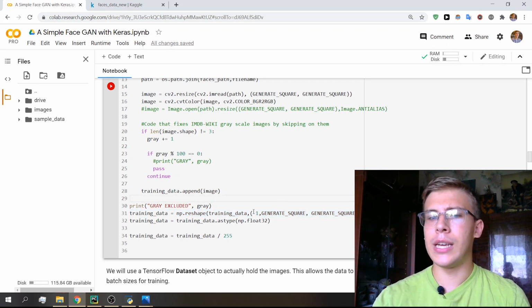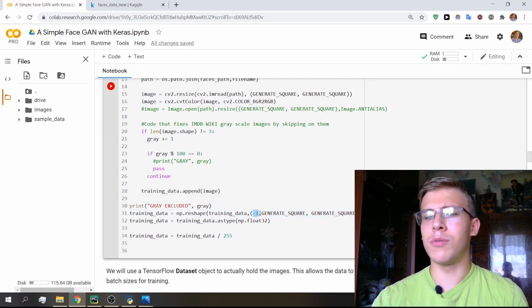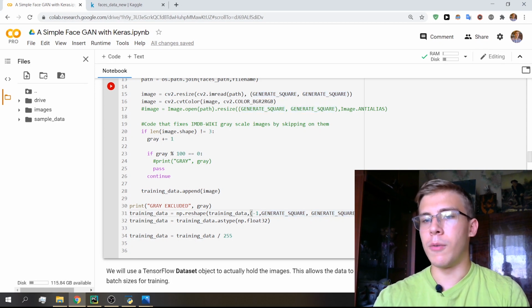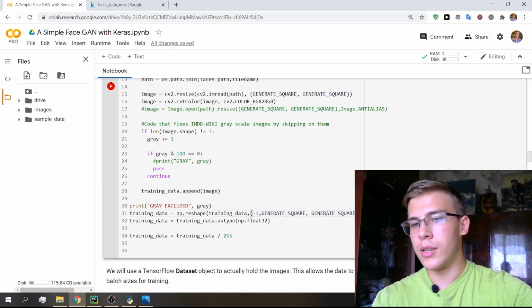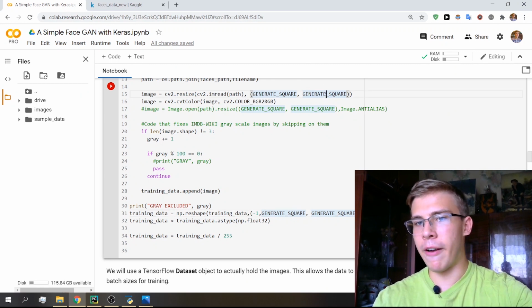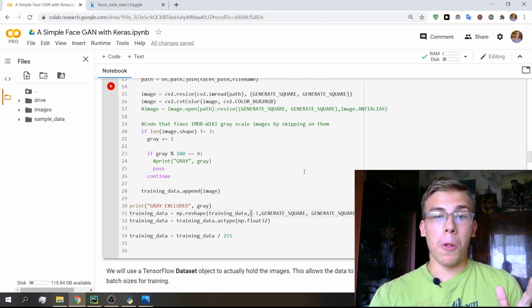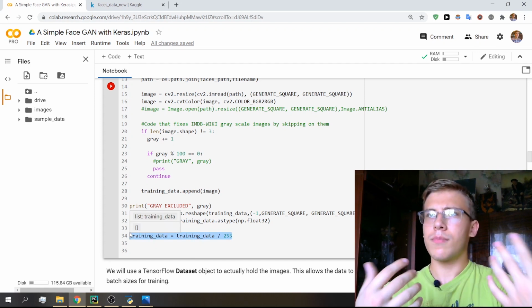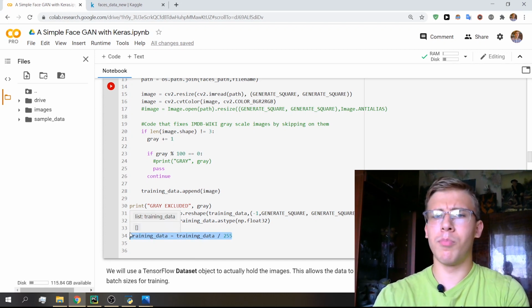The first dimension will be the amount of images that we got, which is like 15,000, and then it's 128, and then 3, which stands for the image channels. Colab, come on, you've been showing me the values of the variables. What happened? Yeah, it's 3. Cool. So then we type it to the NumPy float type to then do the main pre-processing